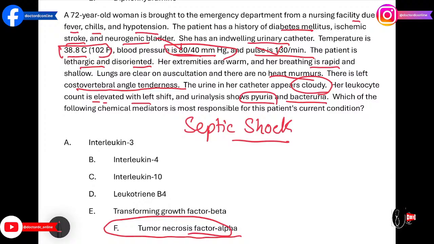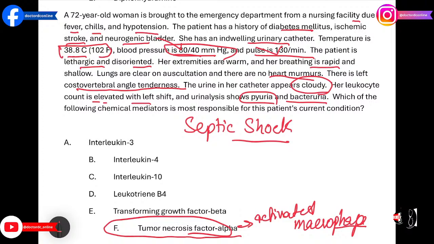It is an acute phase cytokine produced by activated macrophages. And it stimulates systemic inflammation by the recruitment of additional leukocytes like neutrophils and macrophages and increases pro-inflammatory cytokine production. Other cytokines are responsible for increasing the systemic inflammatory response in sepsis, including interleukin-1, responsible for fever, and interleukin-6